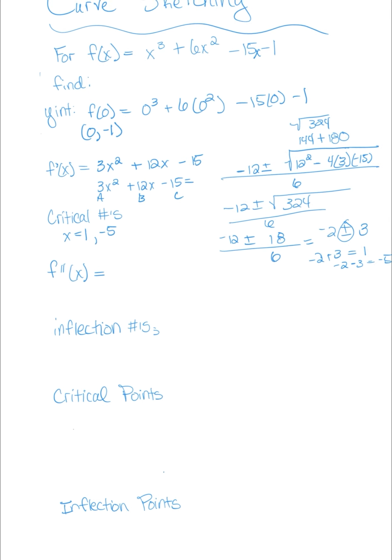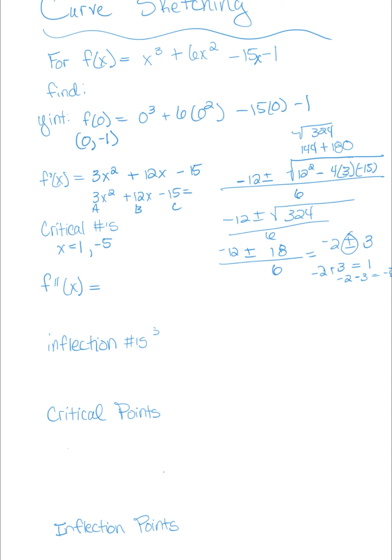All right. So now let's take our second derivative. So our second derivative is the derivative of the first derivative. So here we go. We have 6x plus 12. And then we need to find our inflection numbers, and let's go over real quick what the critical numbers are. So critical numbers are changes in direction of your graph. So you're going to have some change in direction, x equals 1 and negative 5, either changing to increasing or changing to decreasing. Well, inflection numbers tell us about the concavity of our graph, meaning am I frowning or am I